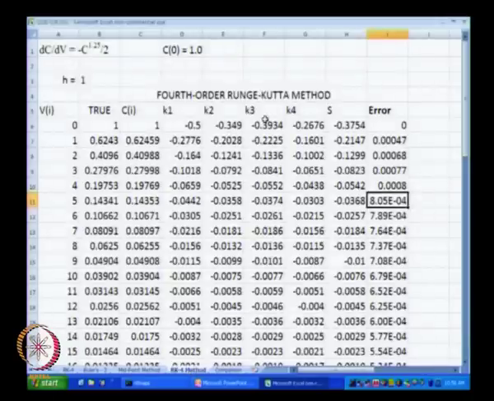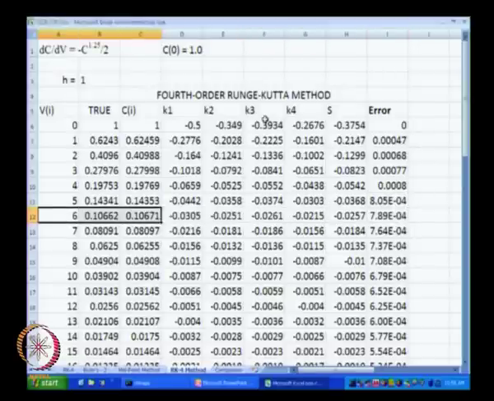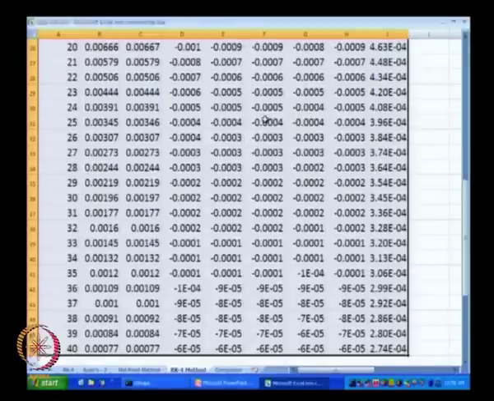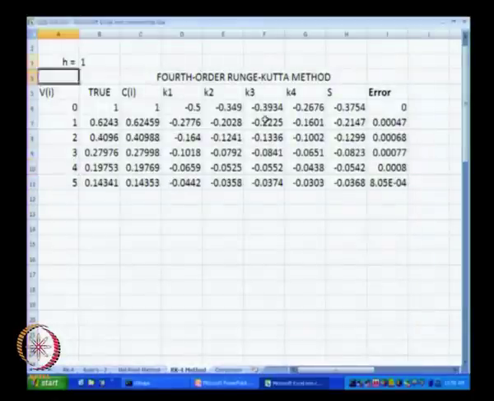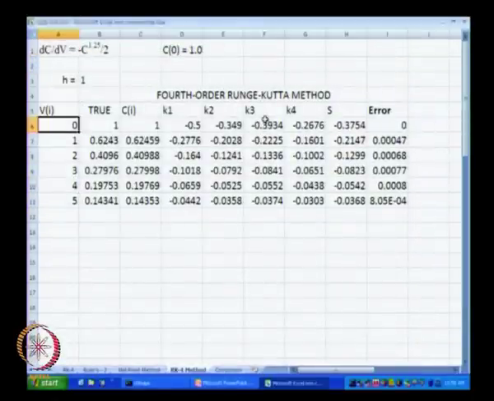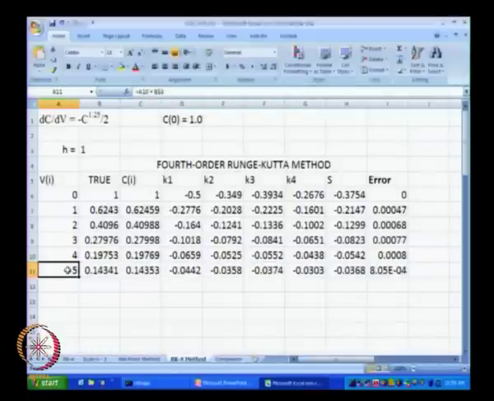Okay. So now I am going to talk about what is known as local and global truncation errors. So we do not need any of this information, so I will just delete that and keep the values of v from 0 to 5. What we did over here is we started with the initial condition at v equal to 0 and reached v equal to 5 over here.